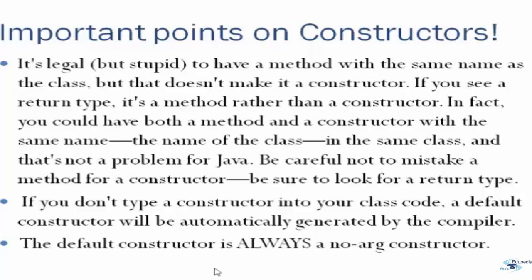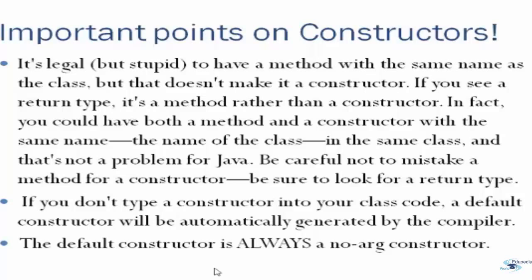It is a method. So it is saying that, since I'm having a class Product and I'm creating a constructor with the name Product, I can also create a method with the name Product. But we need to actually see it carefully that it is a method, not a constructor. And how we can determine that? Because a method must have a return type, at least void, but a constructor will not ever have a return type. Fine. So it's saying stupid because, why do you want to create a method with the same name as a constructor? Why do you want to create a confusion for yourself? So it is not recommended, but yeah, it's legal.